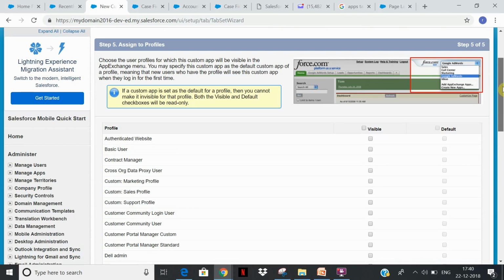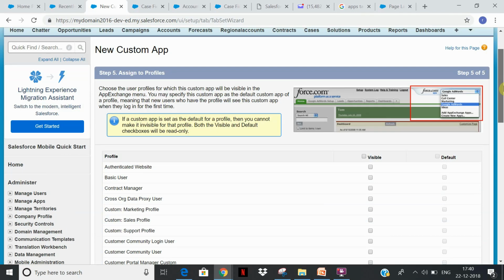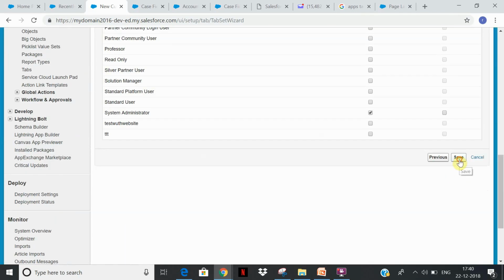Now we'll see what profiles are. Profile allows user to see particular apps, objects, gives access to the application, controls access. Okay, so that is more like access control. So right now your default profile for all the users you have created in the developer org is system administrator. So we select system administrator and click save. So you're making it visible only for that particular profile, which is associated to your current user that you have created.